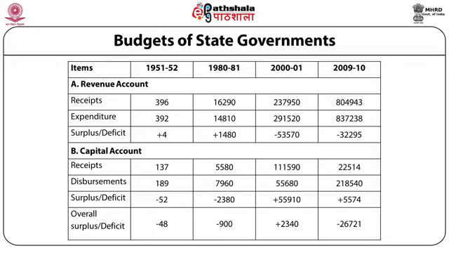So on capital account, we have seen that there has been a surplus, and when we look at the overall surplus or deficit, we have seen that the overall deficit was just 48 crores in 1951-52, which rose to